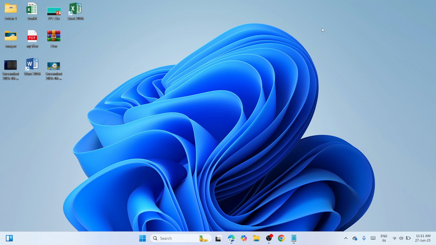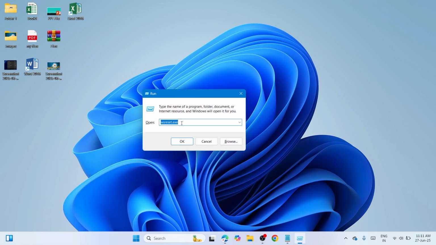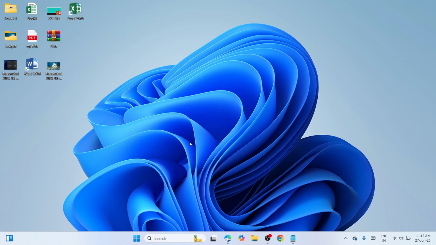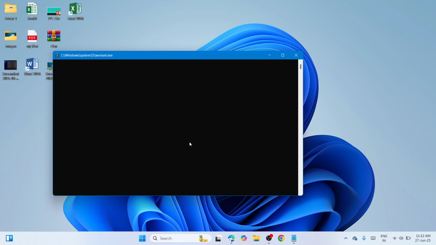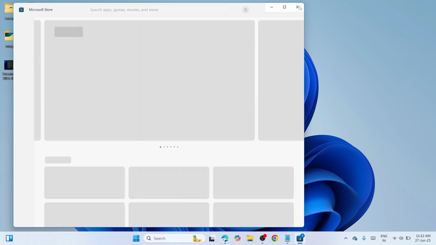Press Windows key and R key together, and in this small window, type wsreset.exe, and then click on the OK button to continue. So you'll get to see this blank window. Please wait until this procedure is finished. This will help you to fix the problem. So check if the error has been resolved, and if not, then let's move on to the last solution,